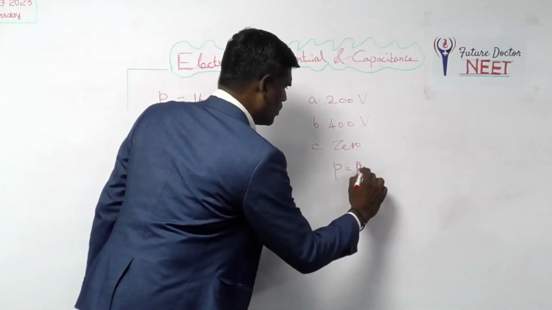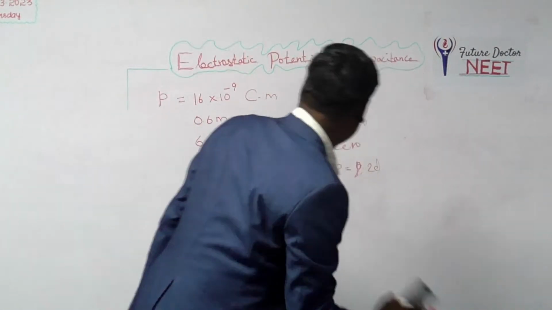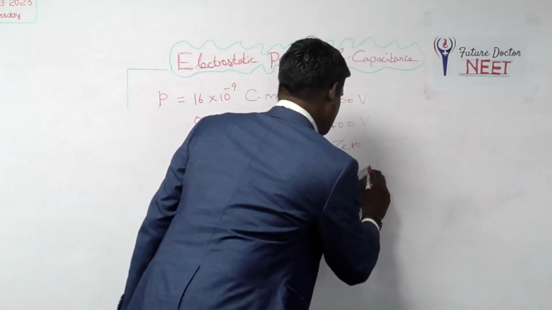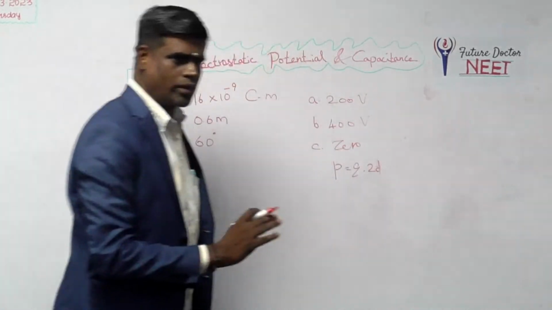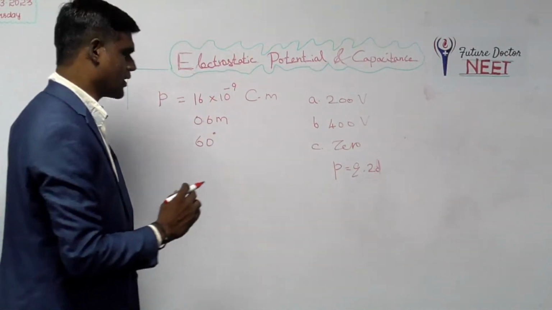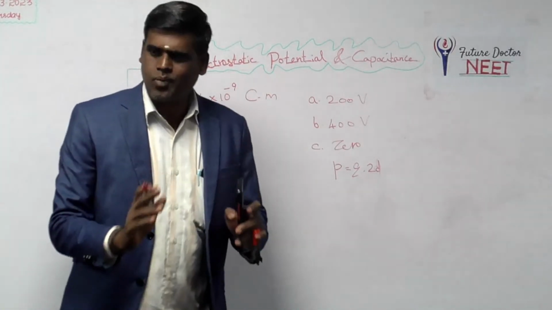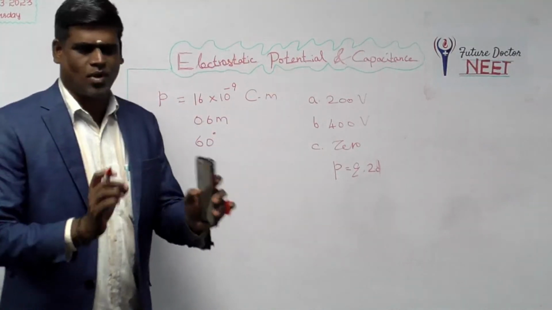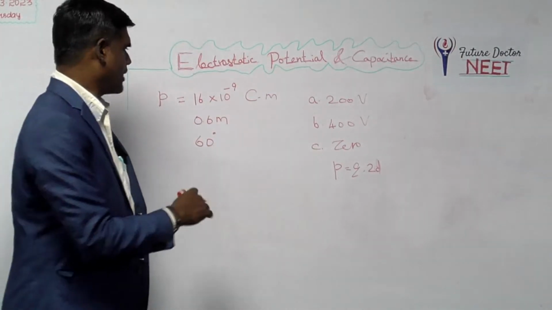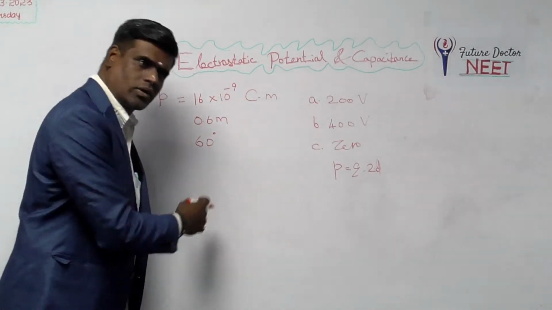Q into 2D or D, whatever. 2D is the distance between the two charges that we discussed. What is a dipole? Two equal and opposite charges separated by a small distance. That is called a dipole. In the first chapter itself we have studied electric field, and here potential,